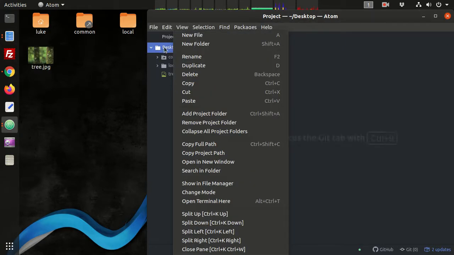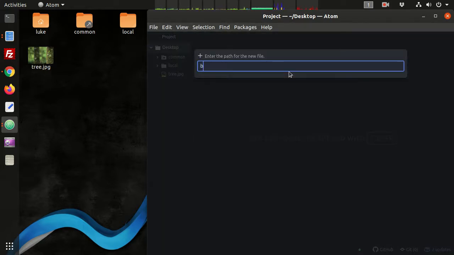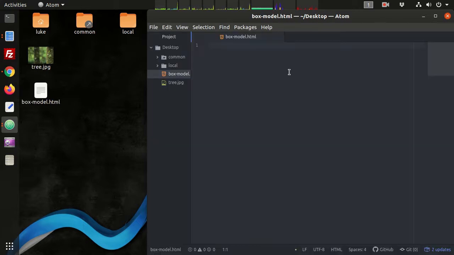On my desktop folder, I'm going to create a new file, and we'll call this box model. Using the Atom snippet, I can just type HTML and press tab, and it starts me out with an HTML document. If you don't have Atom, you can take a minute and copy this over. This is the beginning of an HTML5 document. We're going to put the title as box model,